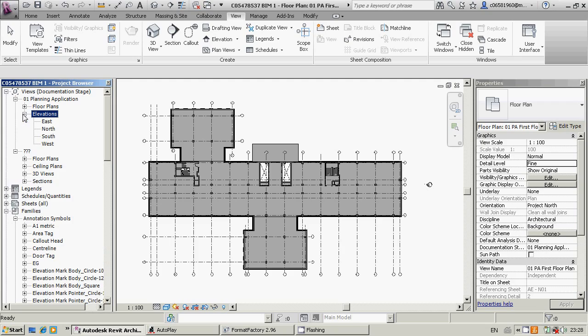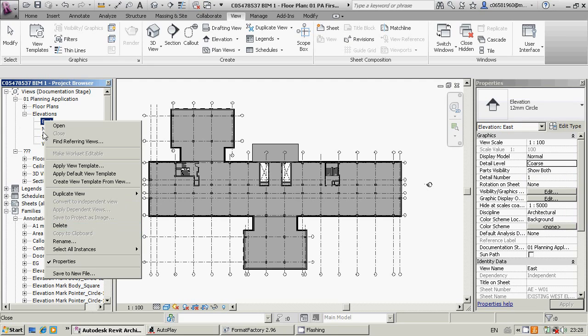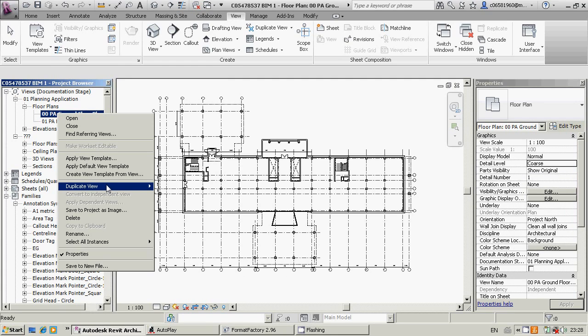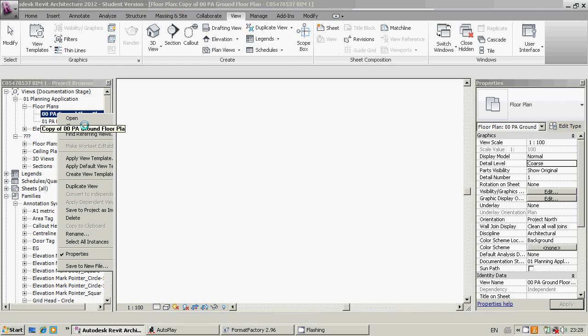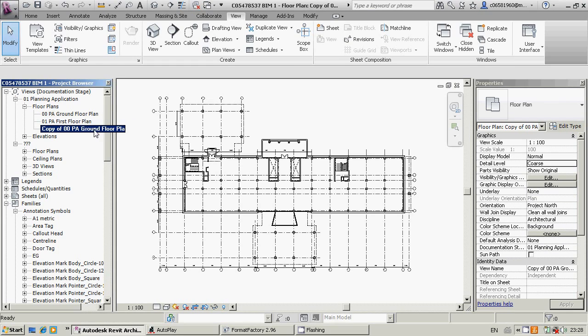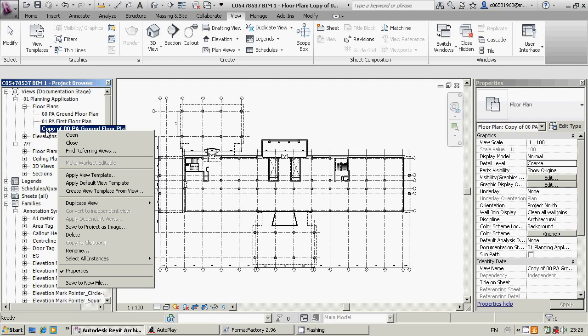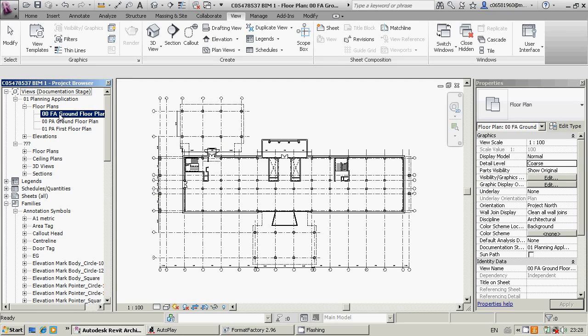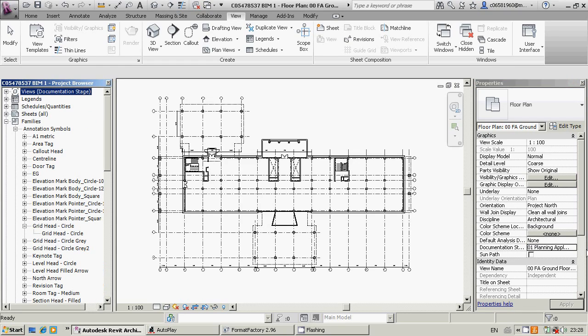And then when you get to another stage, when you continue working, say you get to your floor plans and you want to move to a fire plan, so we'll just duplicate our floor plan with detailing. So I'll duplicate everything in the model. Duplicating with detailing means it brings the annotations as well as the model within the view. So once we copy that, we're going to then rename it 00 to fire application ground floor plan. And then if we just go into our documentation stage, and maybe we'll call that, sorry,